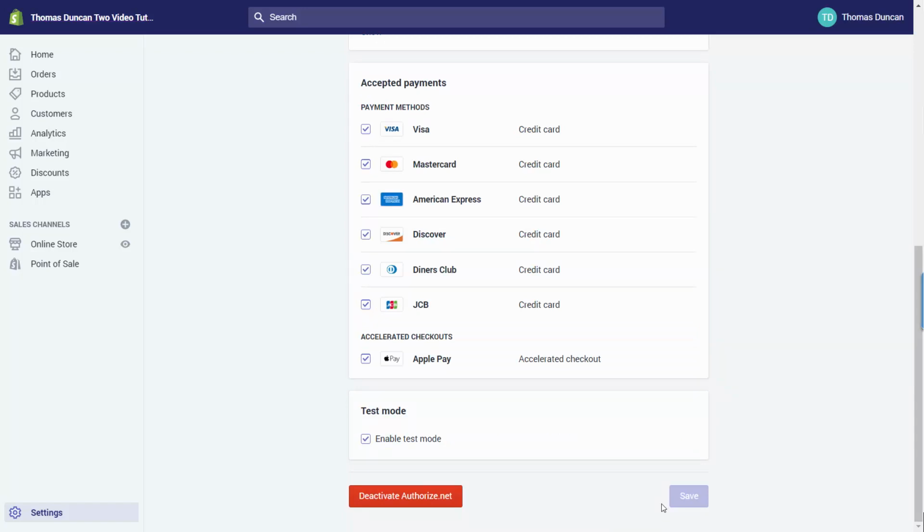Now, if you have a merchant account other than Authorize.net, the process is going to be very similar and you can walk through the specific steps given to you in the third-party